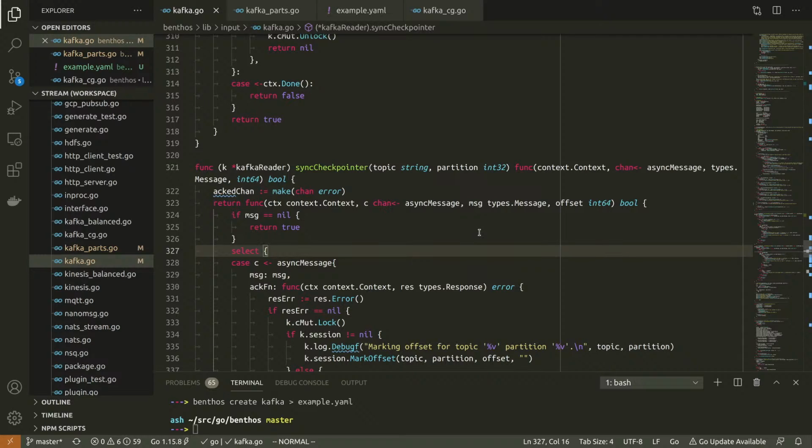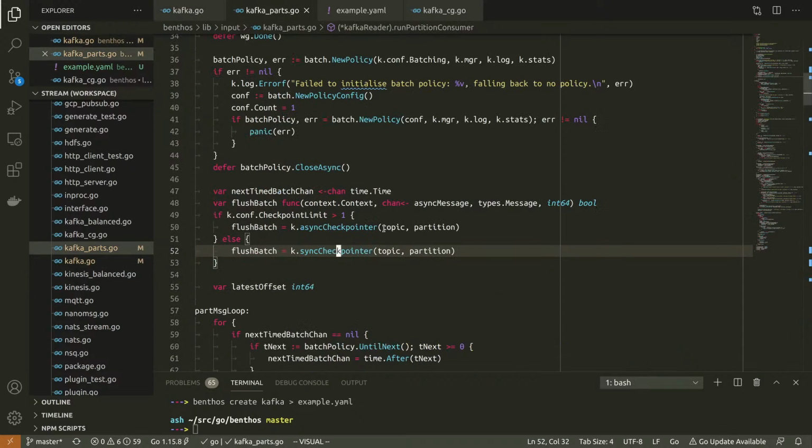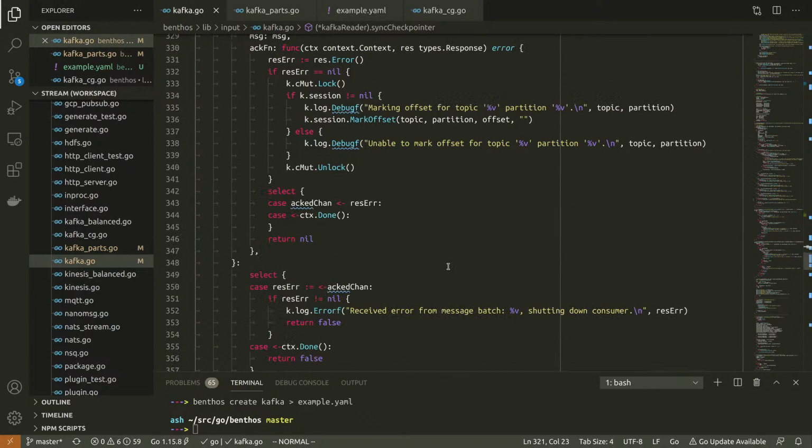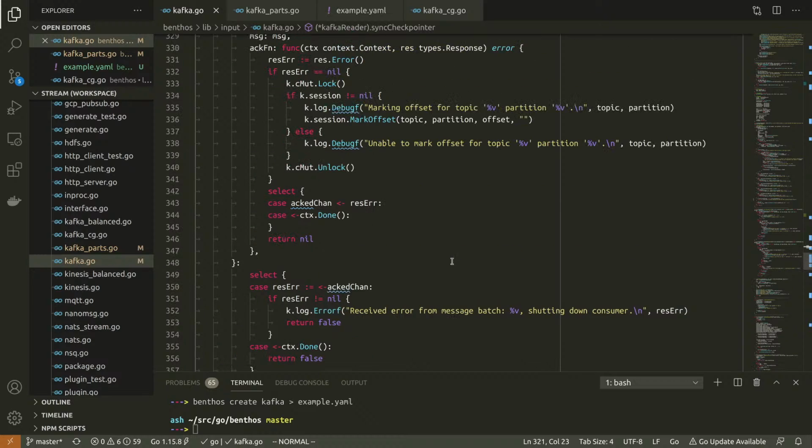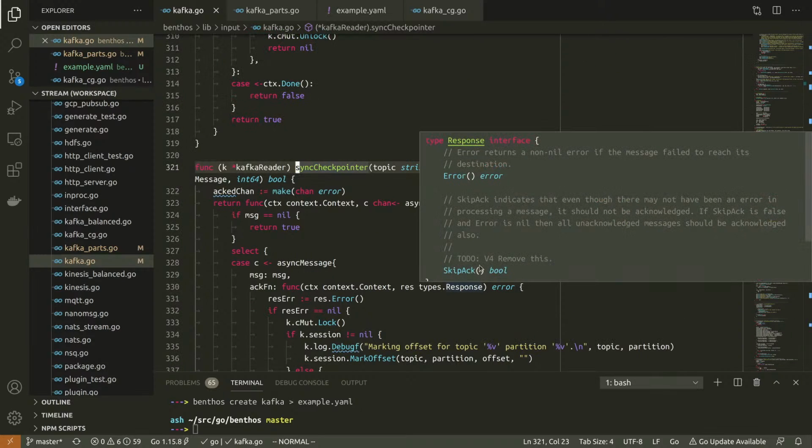It essentially consumes the messages provided from what's consuming from a partition, and it's responsible for blocking when we still have messages in flight from that same partition that haven't been finished yet.